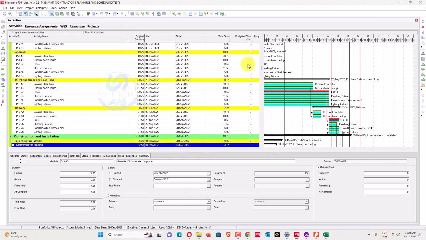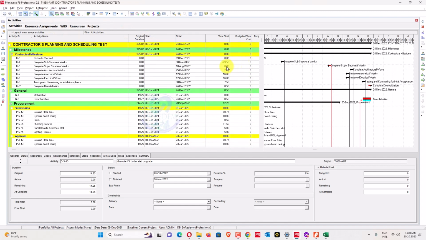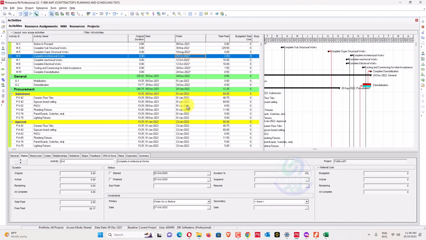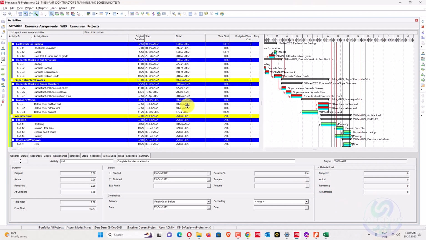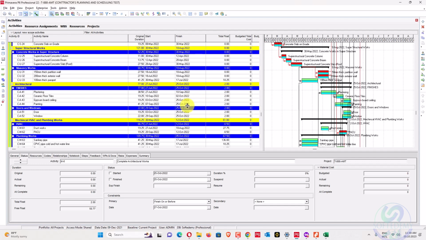And now what is our float here? It's 0 float, 18 August, it's finishing. We have 2 days on August ahead, meaning we have to add 2 days to it. So we'll go here in architectural work where we can add 2 days. We can add 2 days for paint work, like 43.25. Like what is the more critical? It's 121.25.